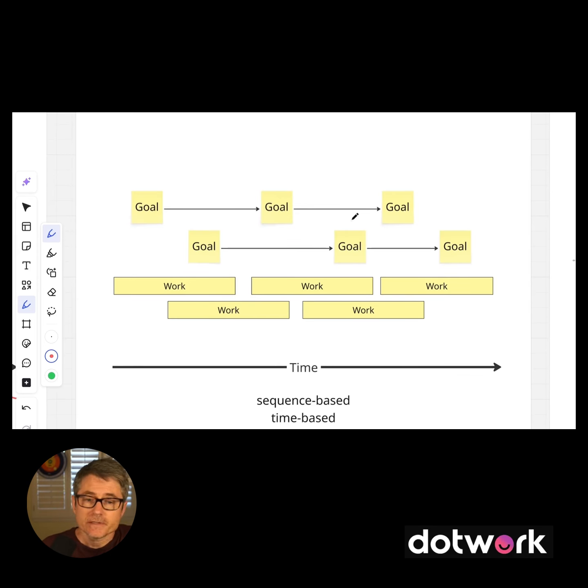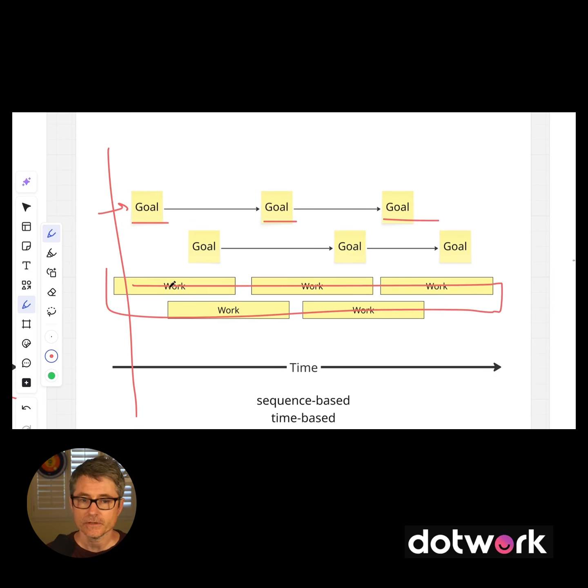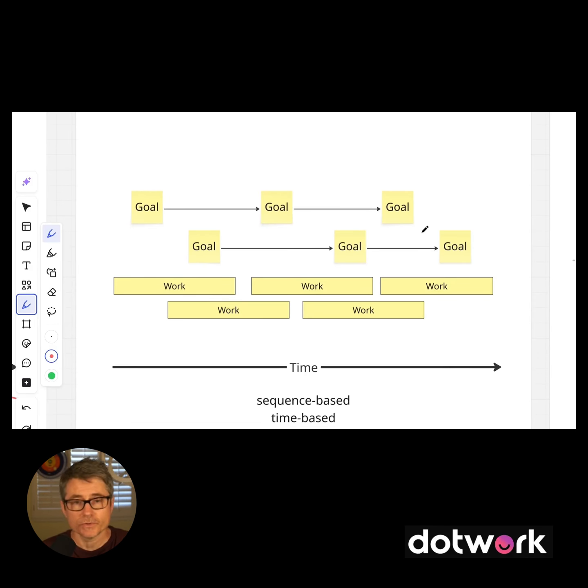Now, of course, you could layer goals on this. For example, we might be right here, and we think that maybe hitting this goal is our path to hitting this goal, is our path to hitting this particular goal. And maybe we need to do the work underneath here to impact our ability to hit those goals. But that's certainly one way you can think about it, not just in terms of work or not just in terms of goals, but both.